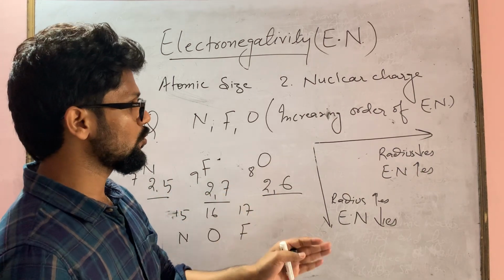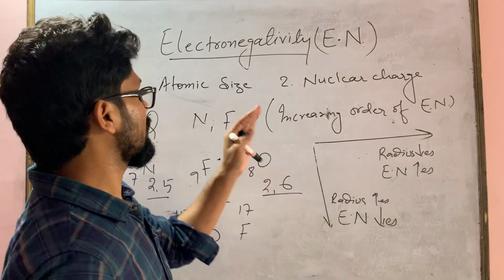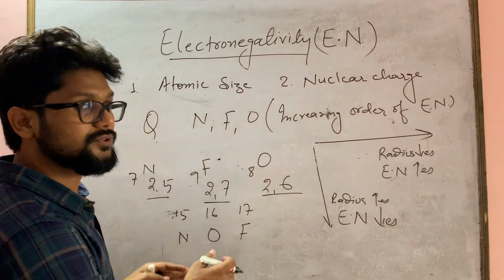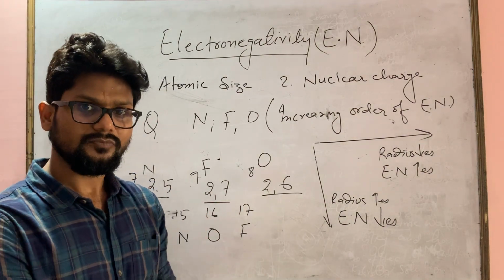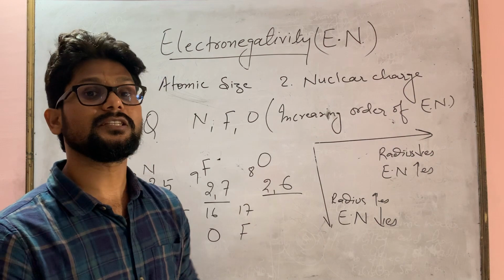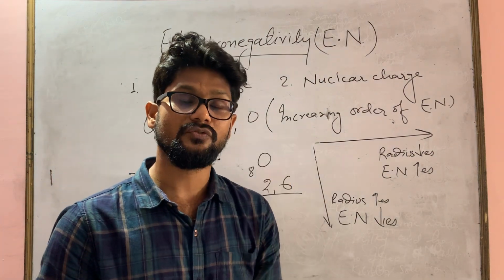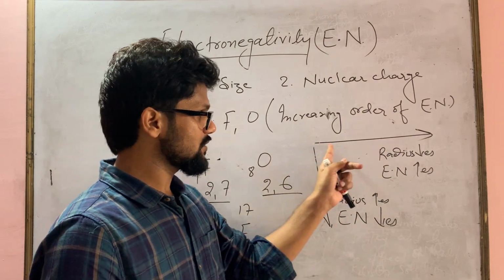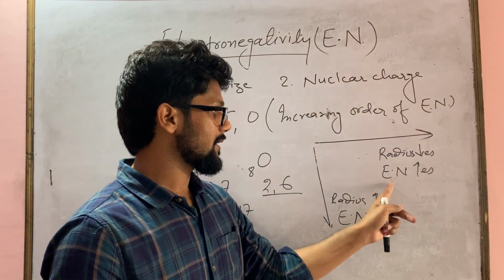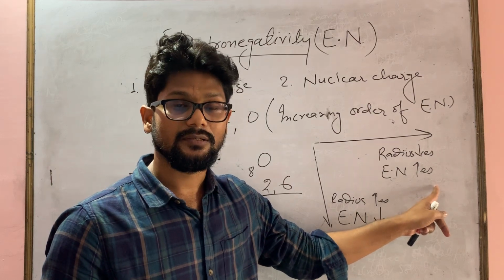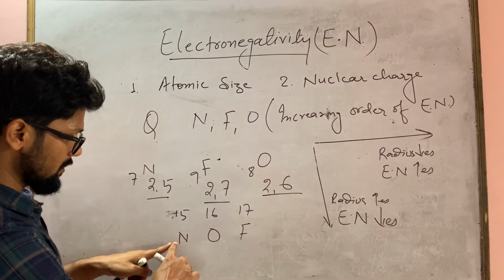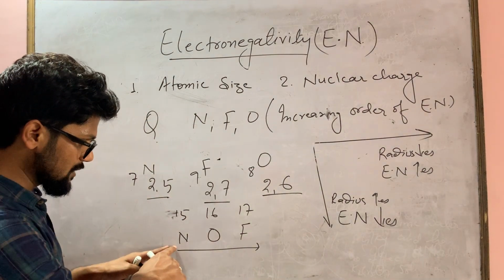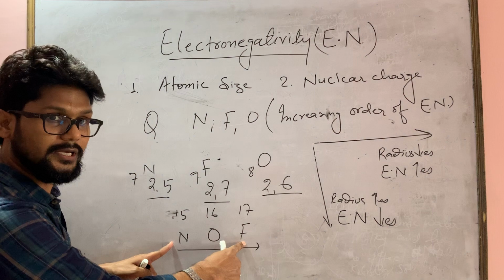Now we'll go to the trends of electronegativity. As we know, these are elements of the same period. So we will look at what the periodic trend of electronegativity in periods is. As we saw, as we go across a period, electronegativity increases. Yes, it means these are same period elements. It means as we move from nitrogen to fluorine,